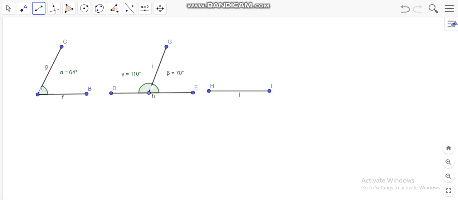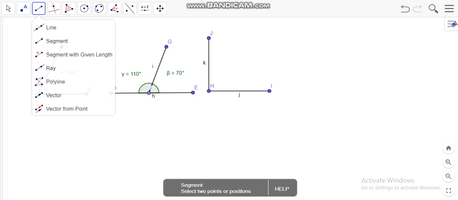Now as you might know, adjacent angles have a common arm, a common vertex, and the non-common arm should be at either side of the common arm. Let's do that. We are on segment only, so we are going to create a 90-degree angle, or any angle you might like. I don't like the shape of J edge, so I'm going to use the move button to move them proportionately to wherever I want. Then I will go on segment once again.